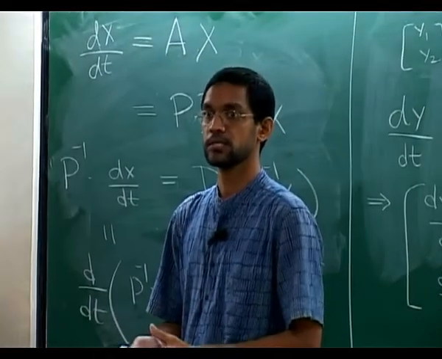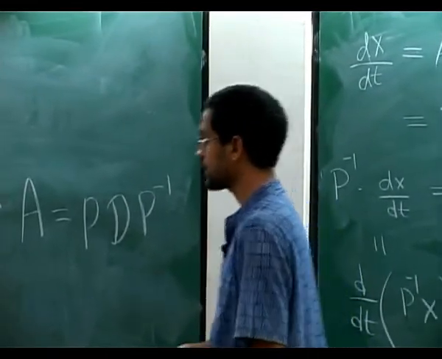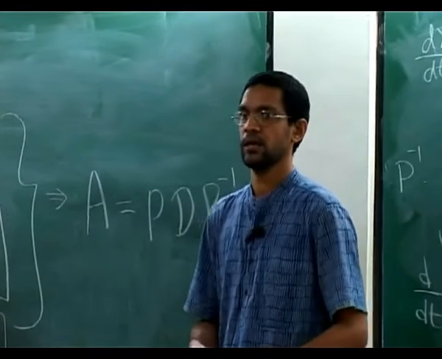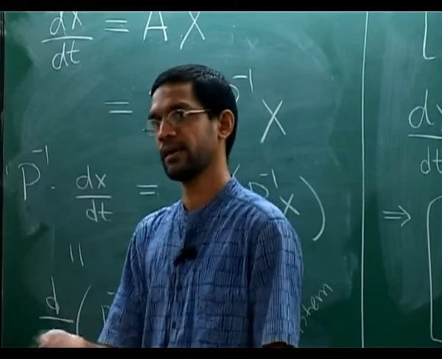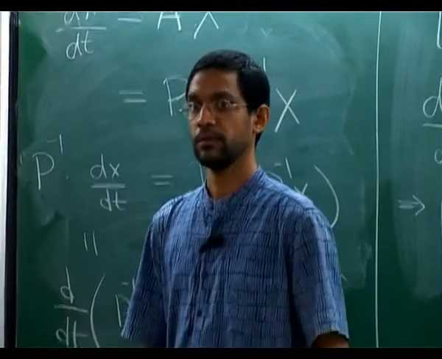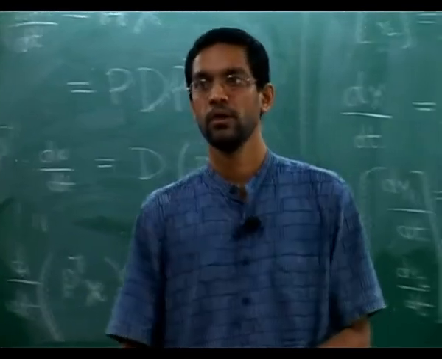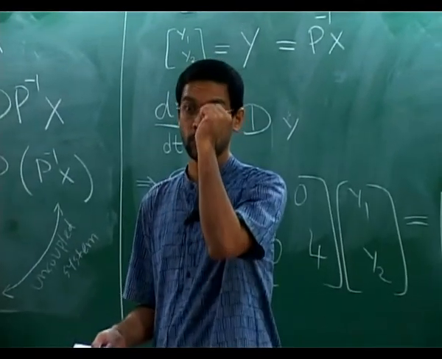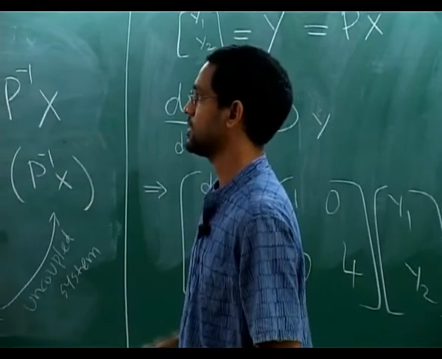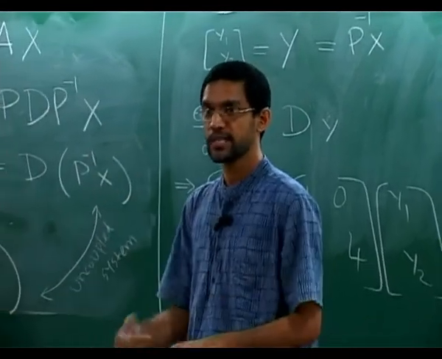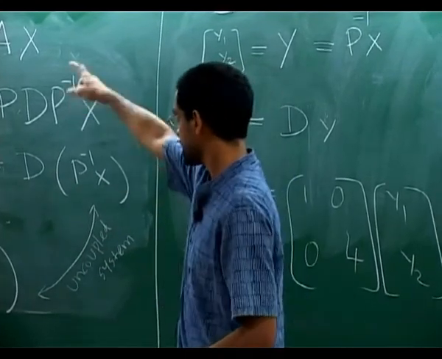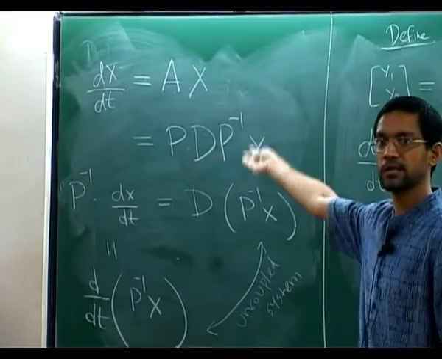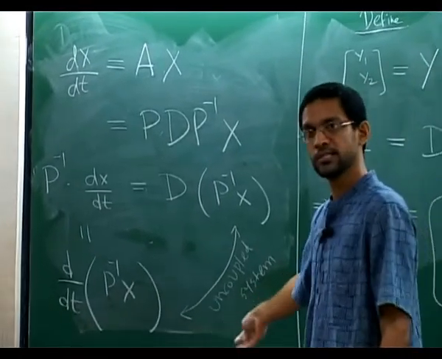So what does this tell us? Well, in this case we started out wanting to uncouple or decouple a system of coupled equations, and I sort of gave you the y1 y2 by magic in the beginning. In general you can do trial and error maybe if it's a 2 cross 2 system, but imagine you had an n cross n system. You have n coupled equations, and the x and the dx dt will be a column vector of size n. A will be an n cross n matrix. Then the derivation that we did here does not need 2 cross 2, right? It works in complete generality. For any n cross n, this derivation will work.